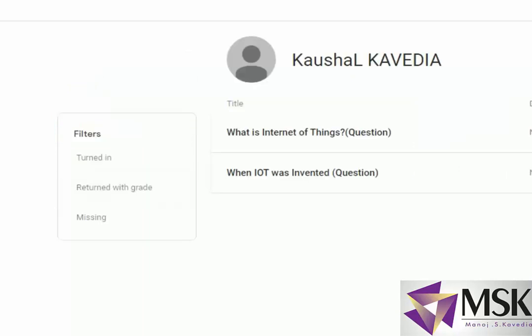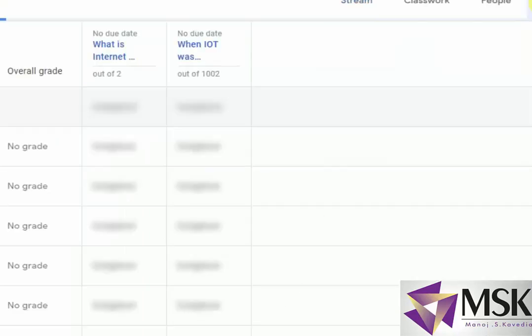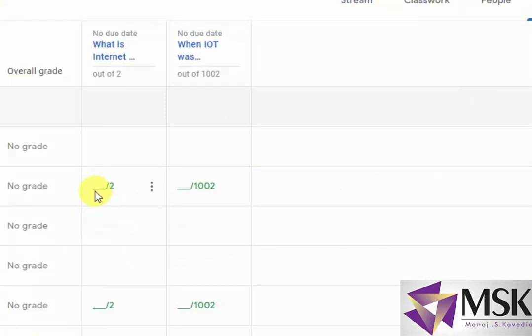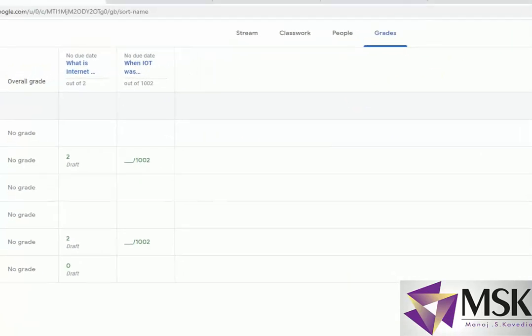So I'll go to grades, and since both the answers were correct, I'll say 2 marks and 2 marks. And since Rishabh has not attempted, I'll give 0 marks. So I've given the marks, and now I'll go back.